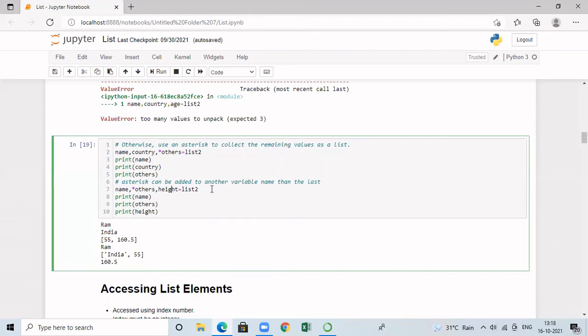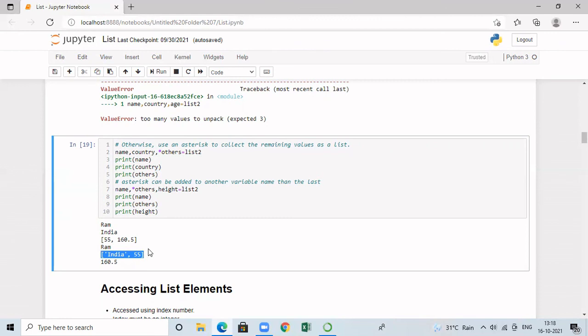Other than that, your list is having 2 elements, but here you have only 1 variable, so both the elements will be assigned to others. So when I print name, I am getting Ram. When I print height, I am getting the last element, 160.5. And in case of others, the remaining two elements will be considered as a list of elements, which are nothing but India and 55 as a list.